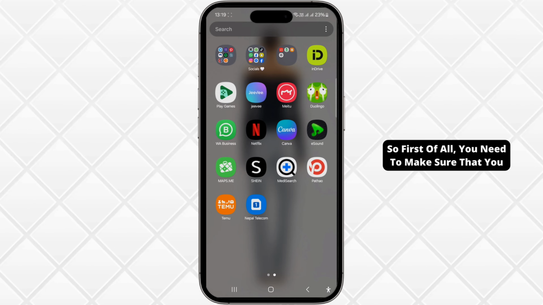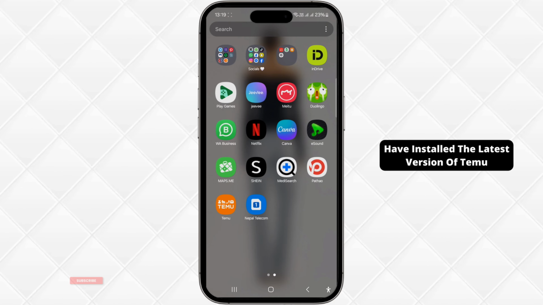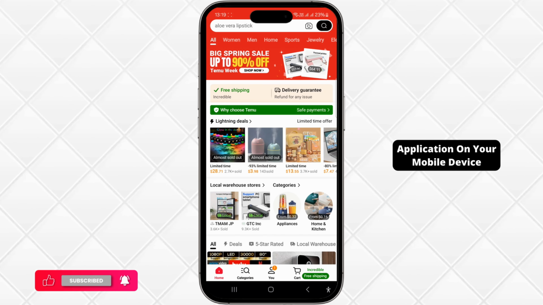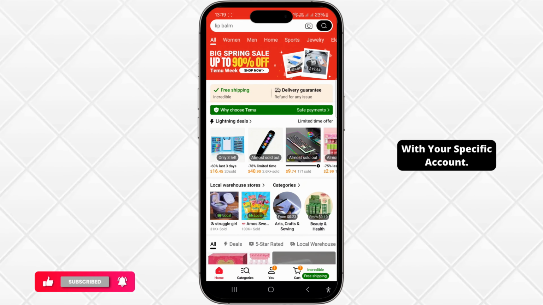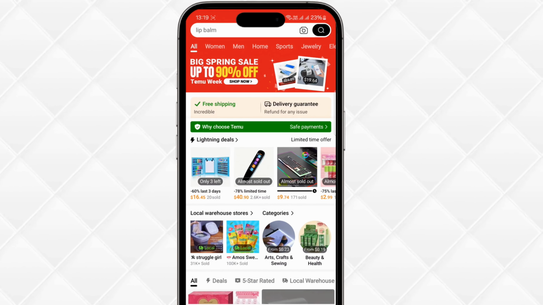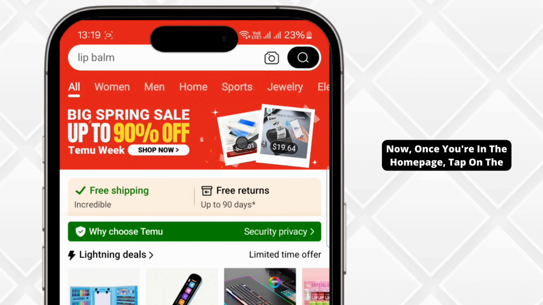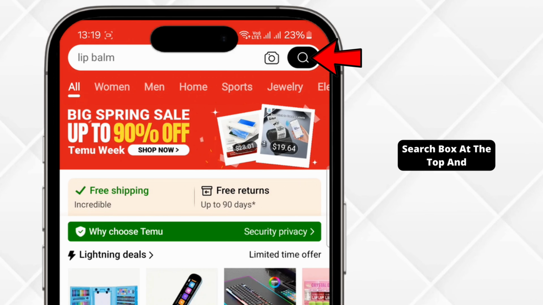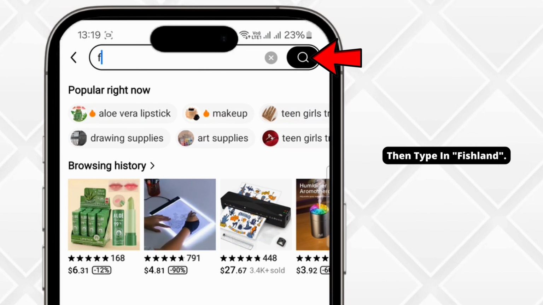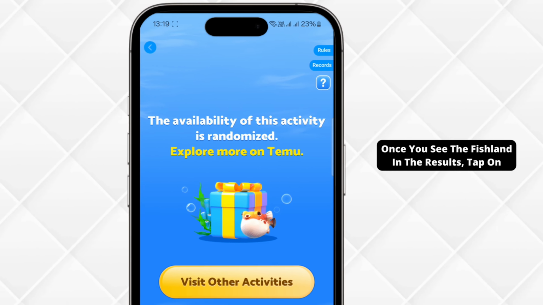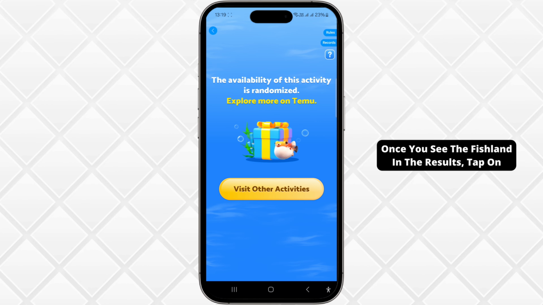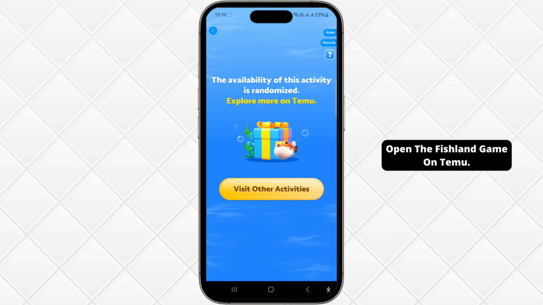So first of all, you need to make sure that you have installed the latest version of the Temu application on your mobile device and you're also logged in with your specific account. Now, once you're on the home page, tap on the search box at the top and then type in Fishland. Once you see Fishland in the results, tap on it and this will allow you to open the Fishland